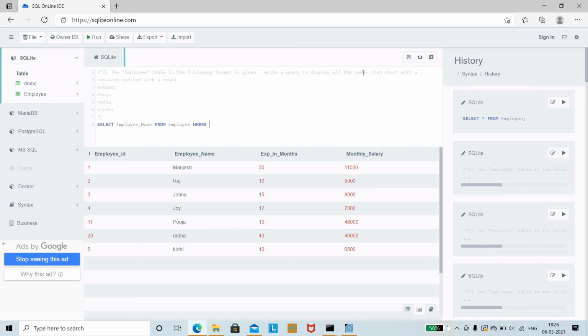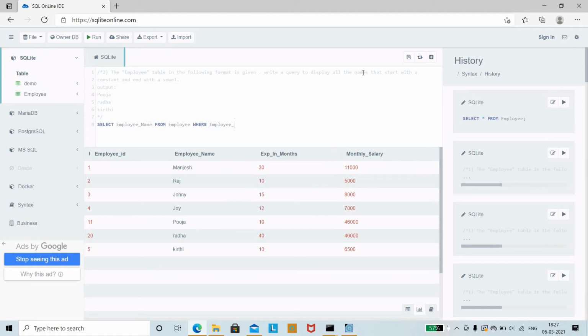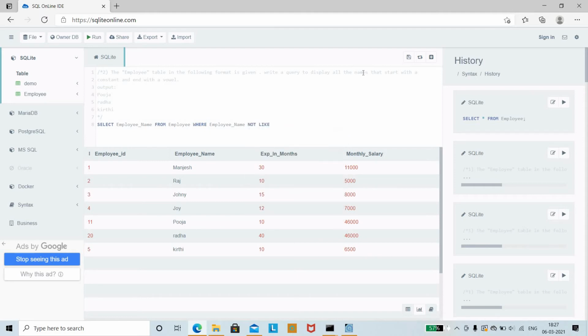For that purpose we are going to use where employee_name not like, followed by A, that is AEIOU. So A followed by the percentage. If you are using a percentage at the end, it means you are going to start with that letter.